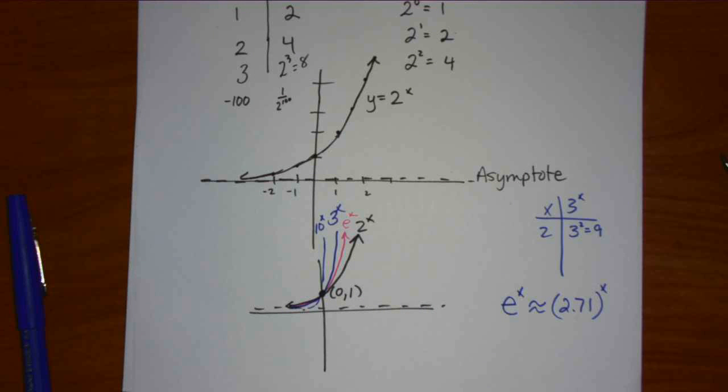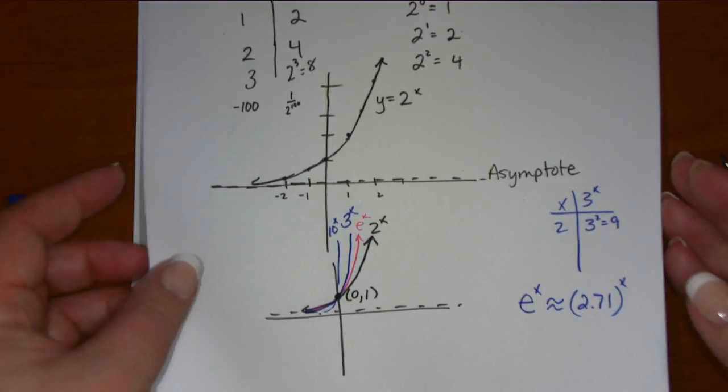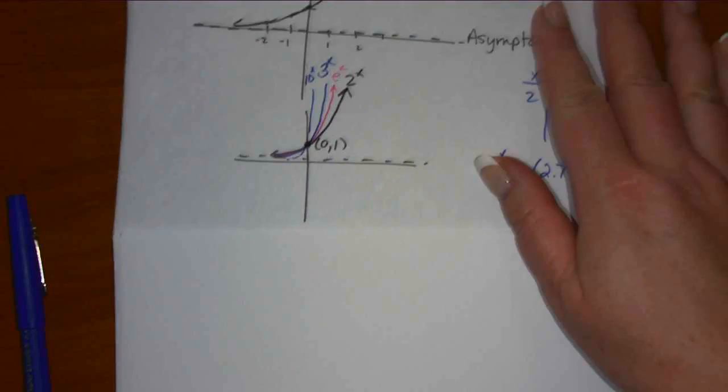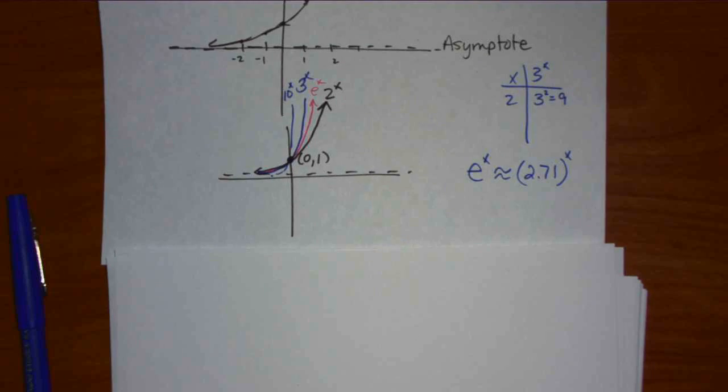Right? The graphs always look the same. They all have one point in common, 0, 1. And it's just they're either higher or lower. But we're not going to move them around. I just want you to know the basic graph because you'll need to know that. Okay, what that basic graph looks like. So that's what the basic graph looks like. All right, so